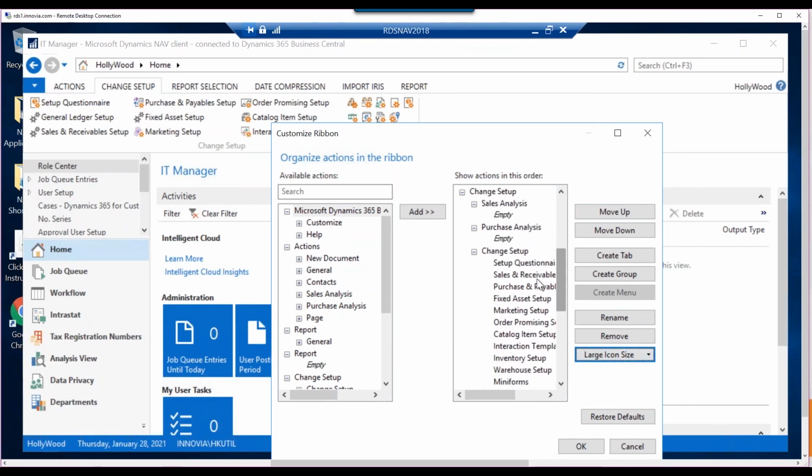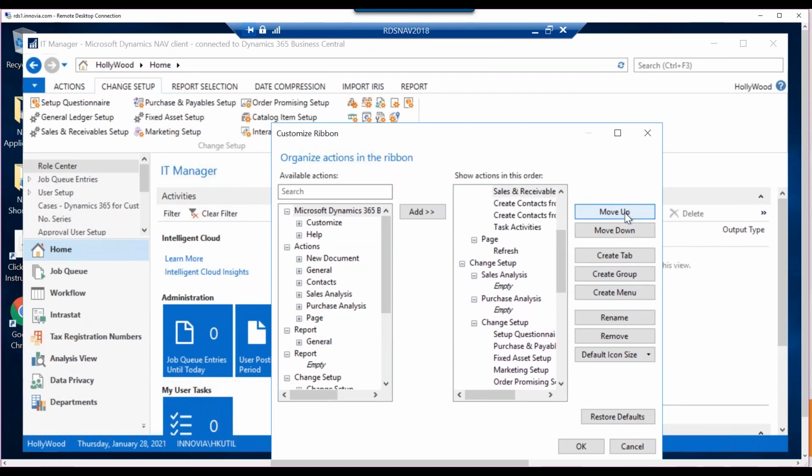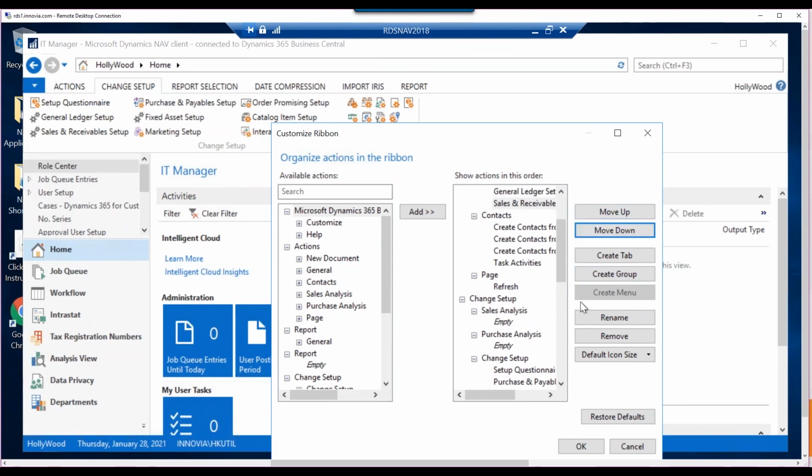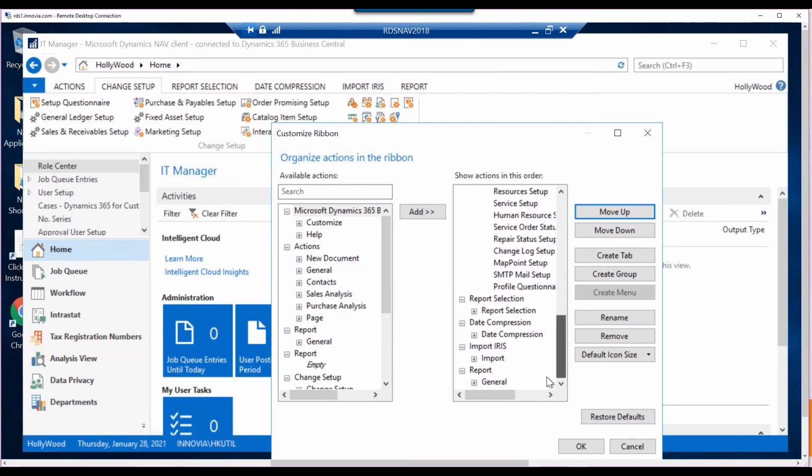And the same thing I'm going to do with my sales. I'm going to move it up here. And right after my general ledger, I'm going to have those. And I'll leave those too small for now just so we can see the difference in the sizes. And so there you see we've added some other items to our list. Now you'll notice that my stuff went away